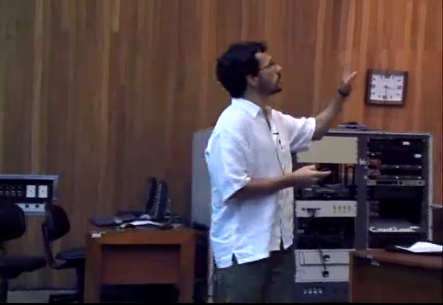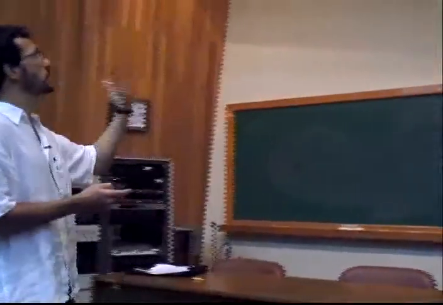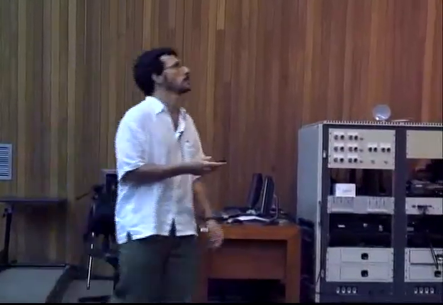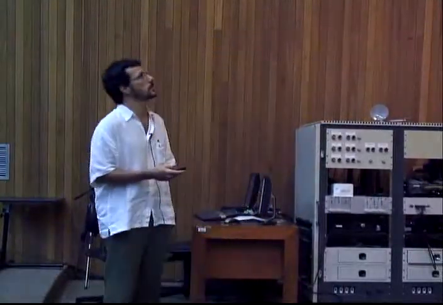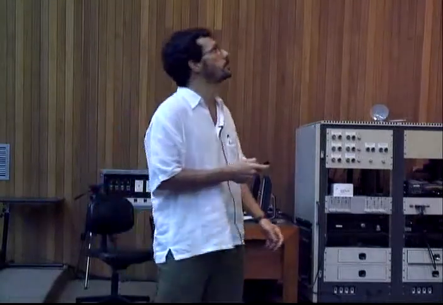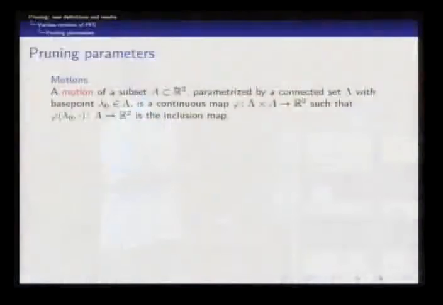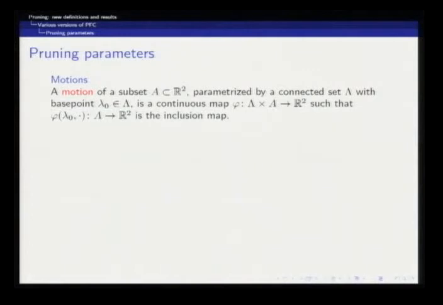So that was the first way to make mathematically precise this description of the Henon family. So there's a second way, which is to introduce these so-called pruning parameters. Right? So I'm going to introduce here the notion of a motion of a set. The name is inspired by holomorphic motions, but I want this motion here to be not a holomorphic motion, in that I'm not requiring the motion to stay injective all the time.